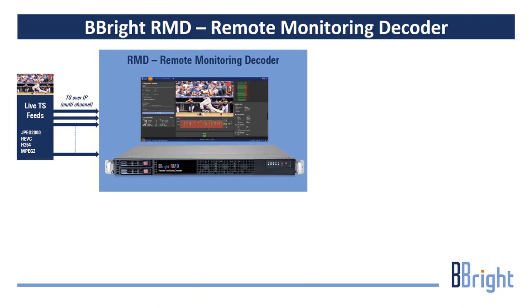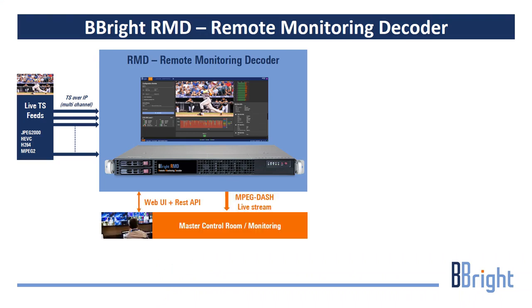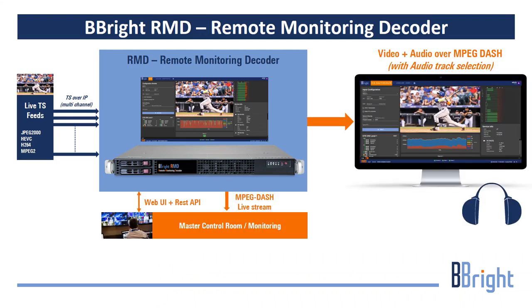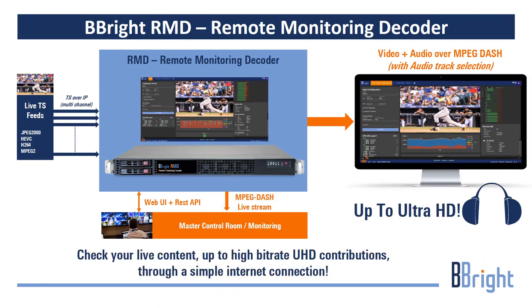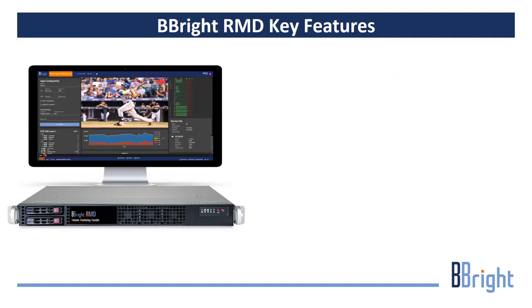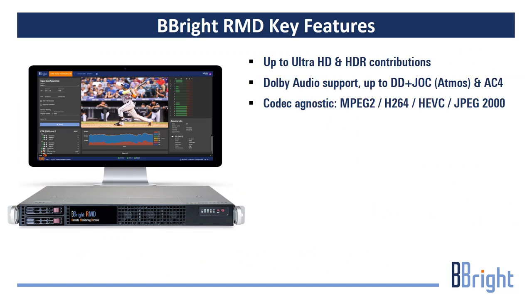BBright RMD is a unique remote monitoring solution to verify and check your live content remotely, up to Ultra HD. RMD integrates a built-in transcoder to stream your content in low latency MPEG. It's like having access to your live contribution or distribution streams through YouTube. Simple and efficient. Our remote monitoring decoder can support all kinds of video services, up to Ultra HD and HDR,